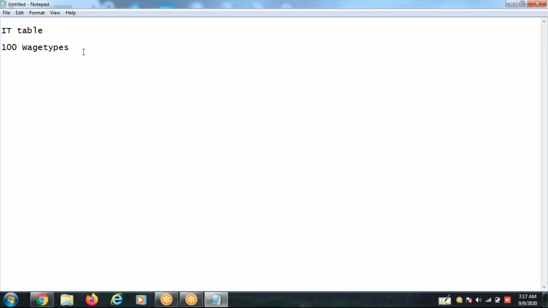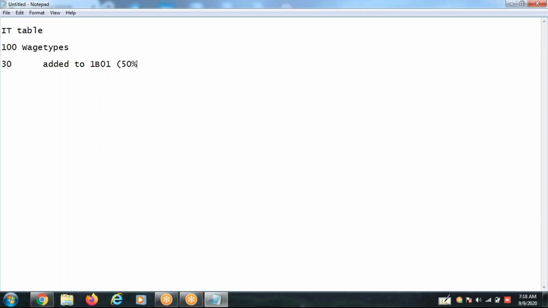In that, 30 of them are added to 1B01. 30 wage types, okay,